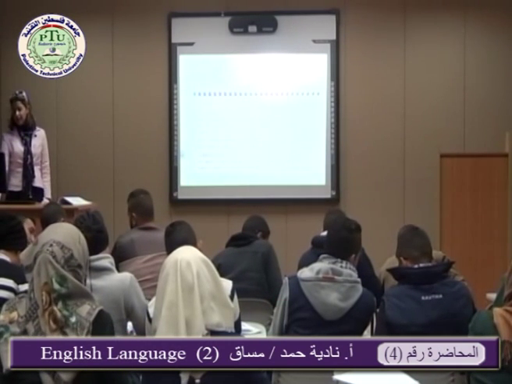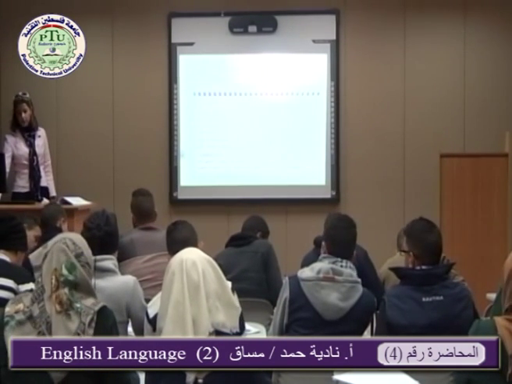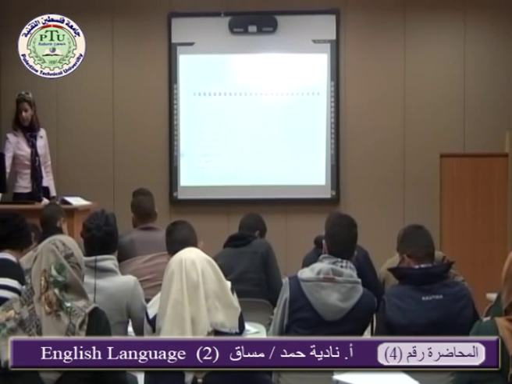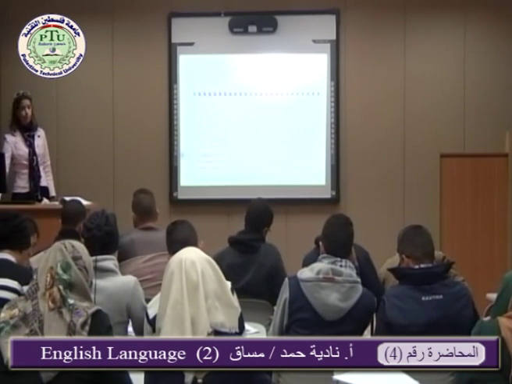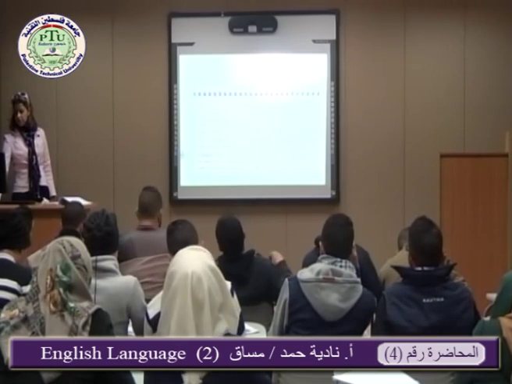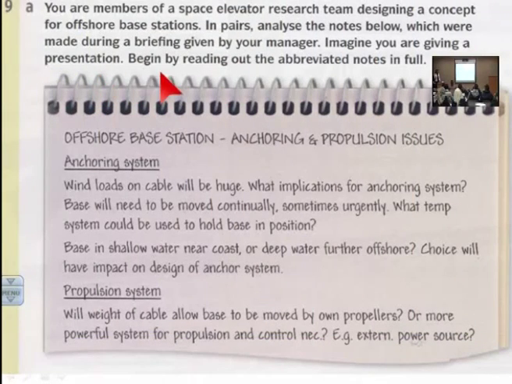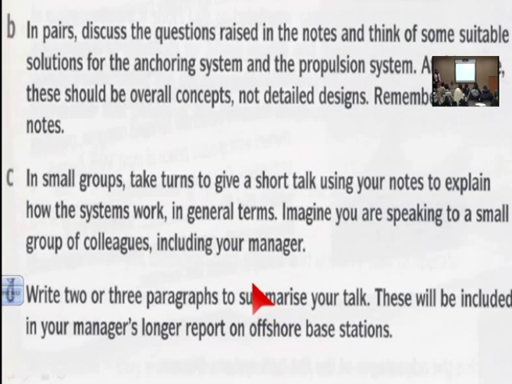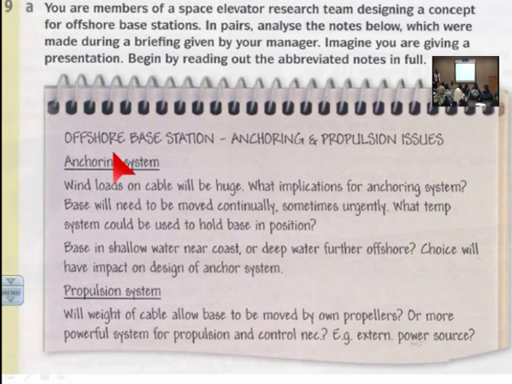In pairs, analyze the notes below, which were made during a briefing given by your manager. Imagine you are giving a presentation. Begin by reading out the abbreviated notes in full. Let's see what is written. So the first one, offshore base station: we have anchoring and propulsion issues. So anchoring system, it means